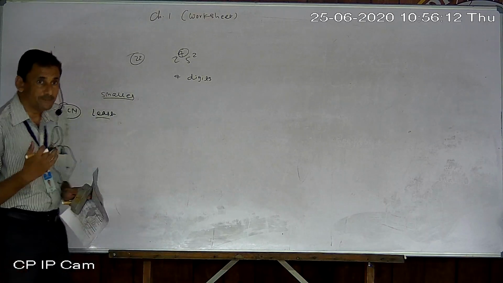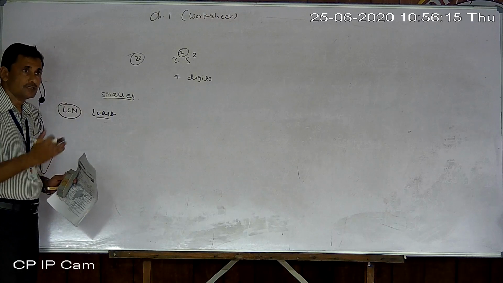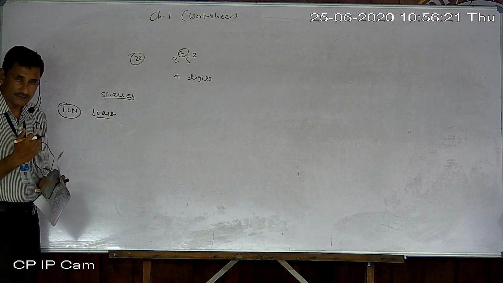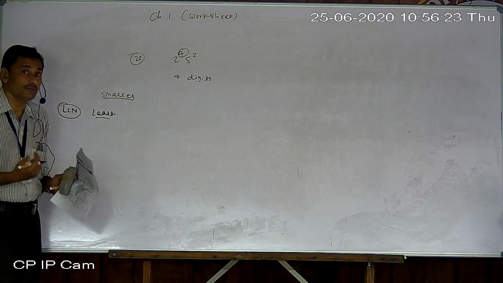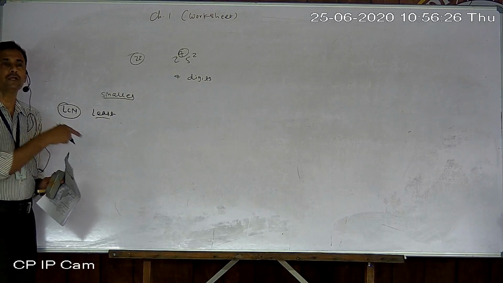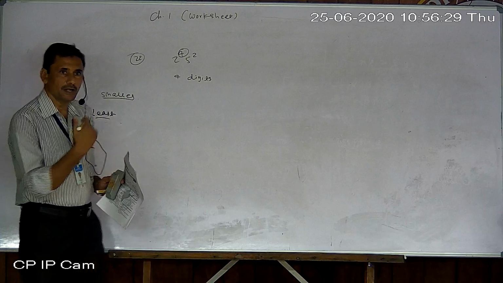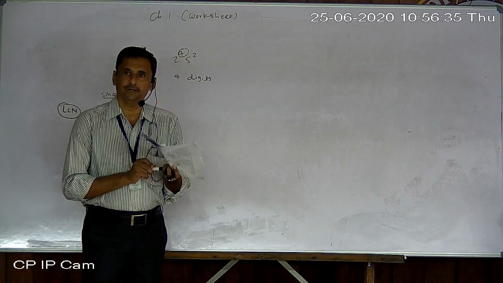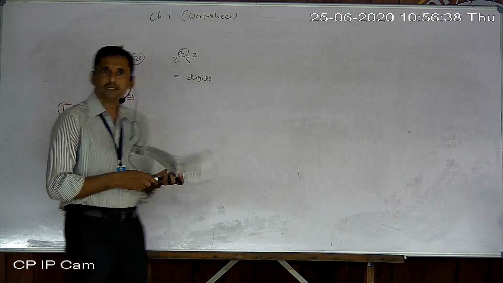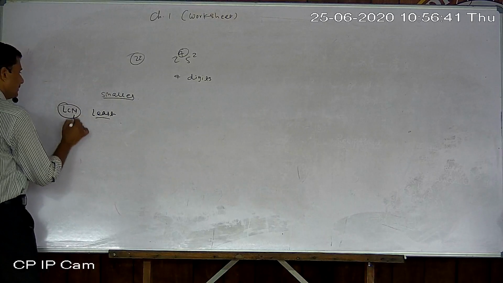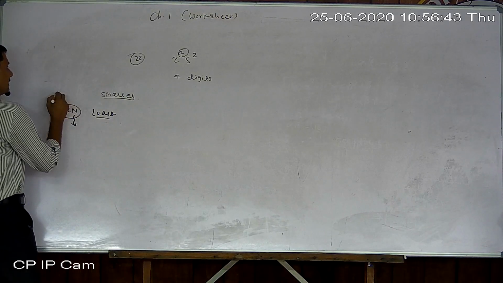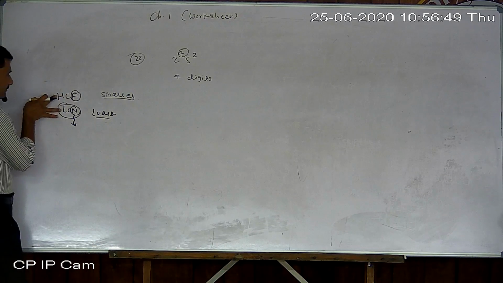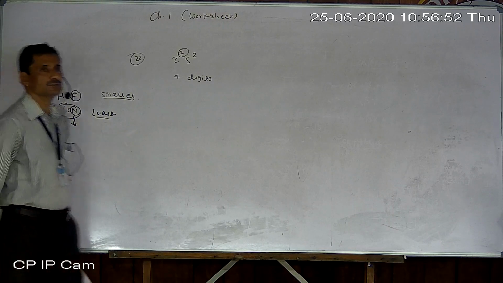Third, the expected answer should be greater or smaller than the given number. According to that also you can decide. If it is greater than the given number, then obviously it will be a multiple. And if it is smaller than the given number, then obviously it will be a factor. So according to the last word, LCM, M for multiple, HCF, F for factor. So either from the first letter, or from the second letter also you can decide.